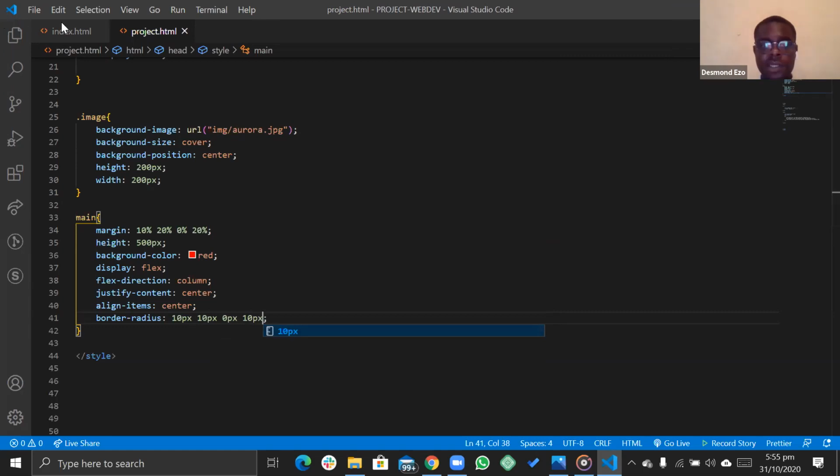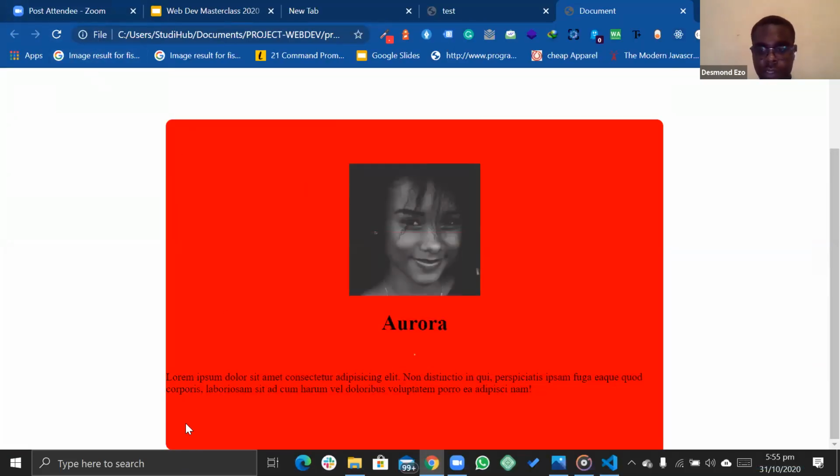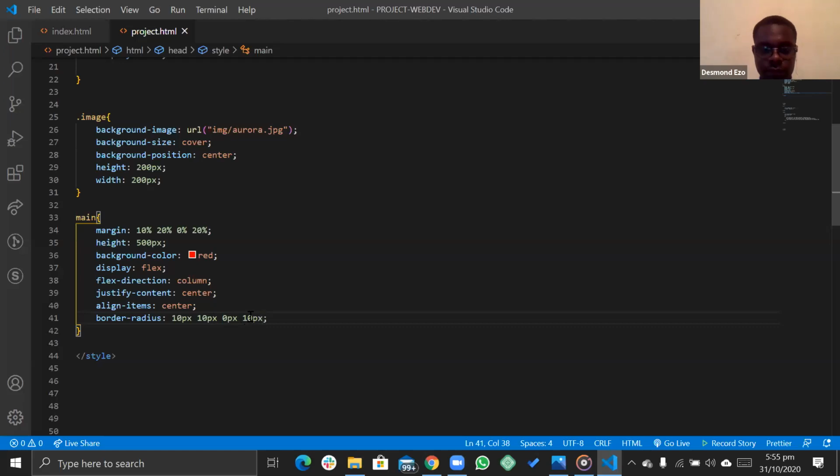So the next element that we want to style, okay, I need to take this other part off. Just make it shorter.